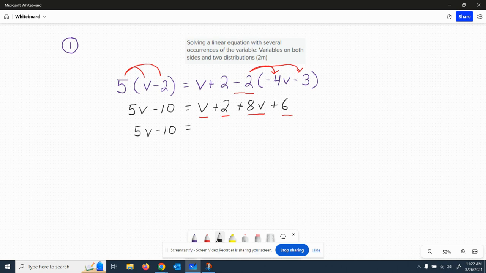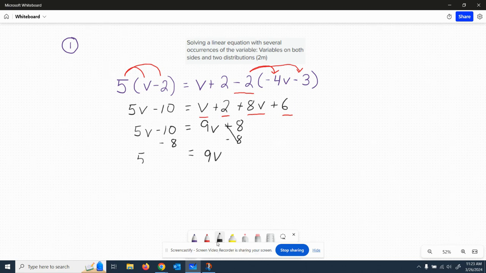The v's, 1v plus 8v gives me 9v. 2 plus 6 gives me 8. Now I want to work one way with my numbers and one way with my variables. I'm going to subtract 8 from both sides. I want to get rid of this 8 on the right. If I do that, these go away. I'm left with 9v